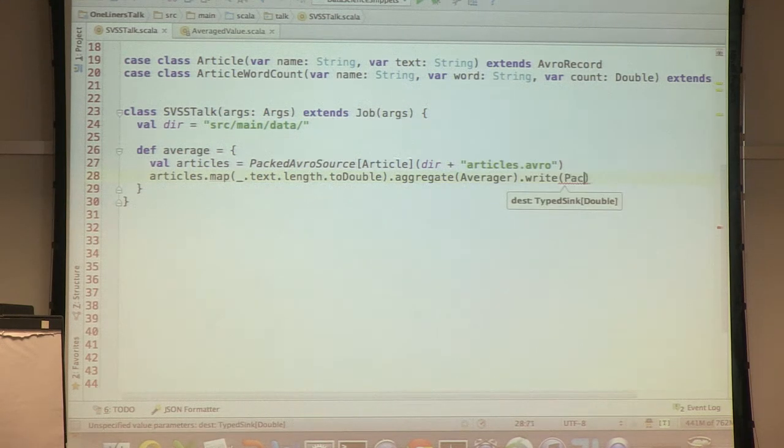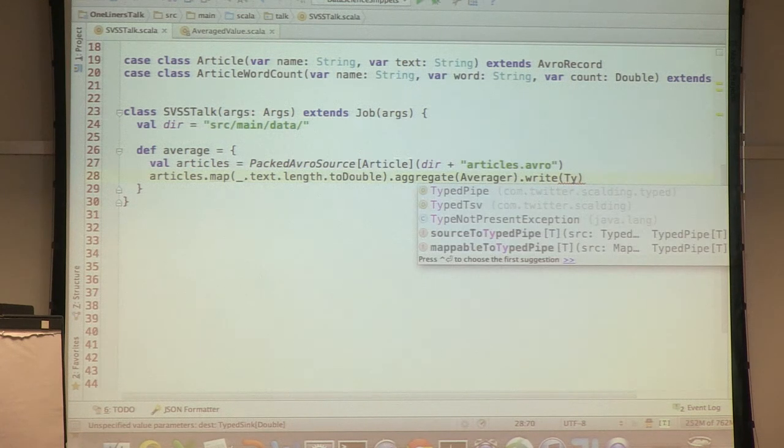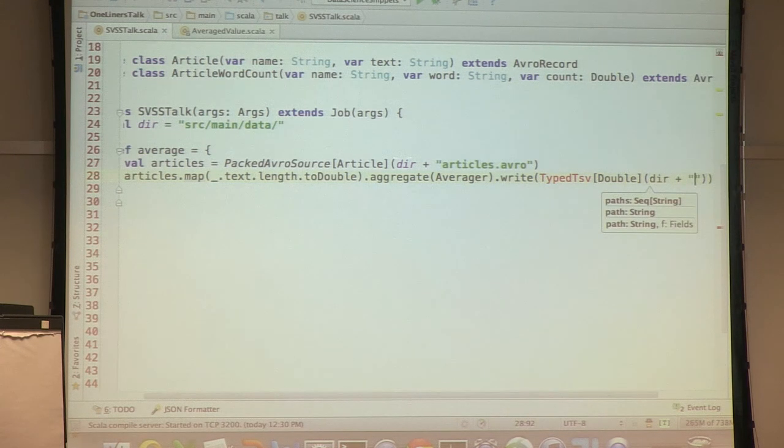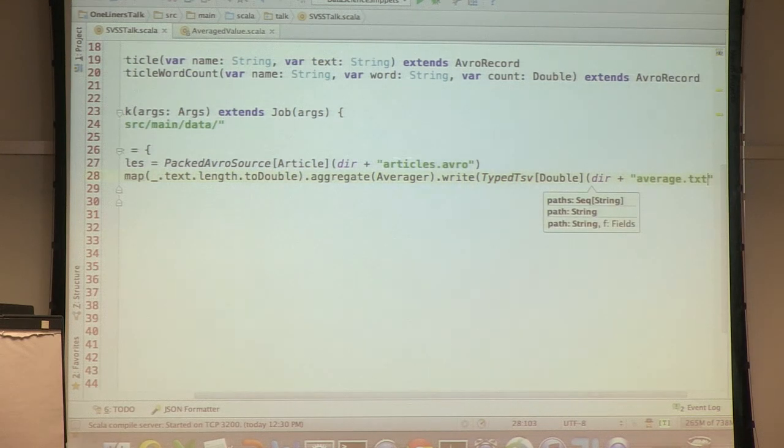And again, there is no need to save it as Avro. We can save it also as TSV, CSV, and they have a lot of other formats. So, sorry, not string, it should be double. Double, and here is dir plus, and let's call it average.txt.